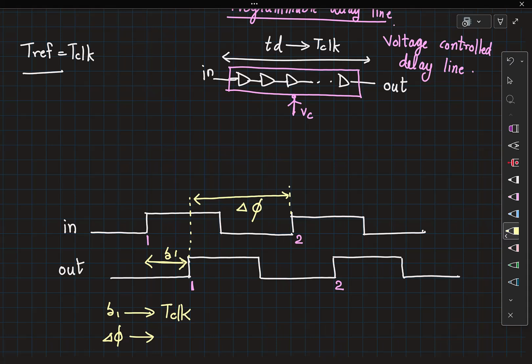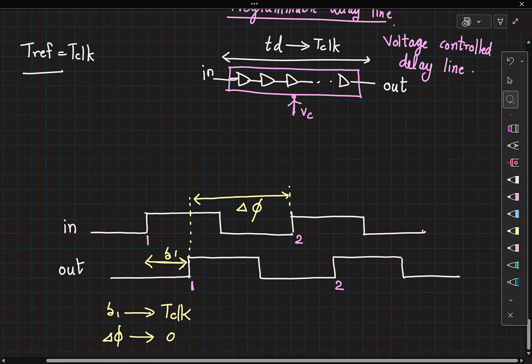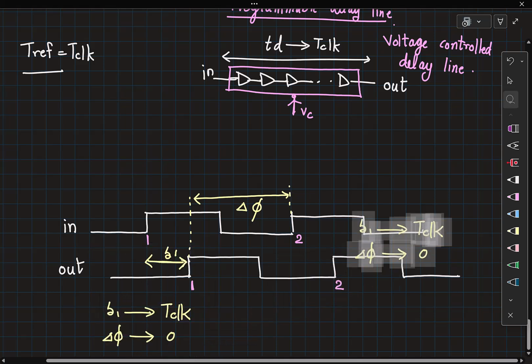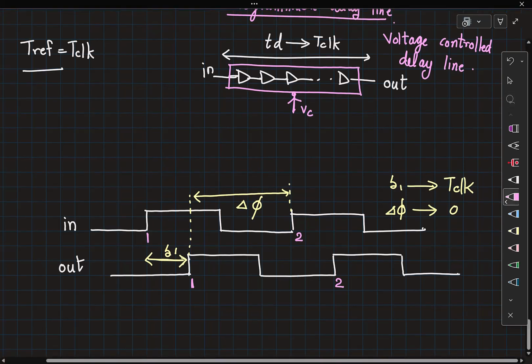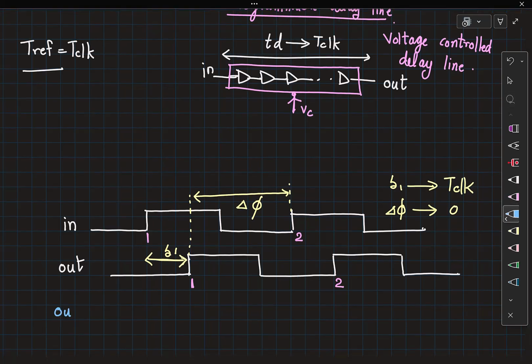Delta phi has to be 0. Can you see that? So this is our aim now. We want to either make delta 1 equal to t clock, or I can make delta phi 0. And if I had done that, then the ideal out waveform will now look like this.